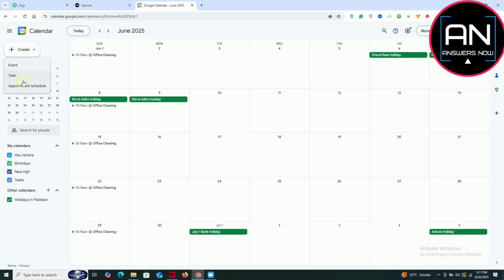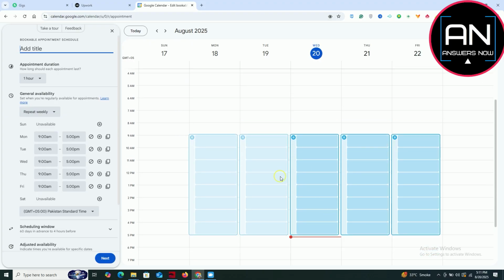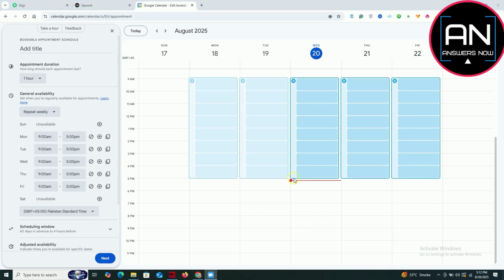After clicking Create, a drop-down menu will appear. From this menu, select Appointment Schedule. This option is specifically designed to help you carve out distinct appointment slots in your calendar for others to book with you. It's an efficient way to manage your availability and ensure that meetings don't overlap or consume more time